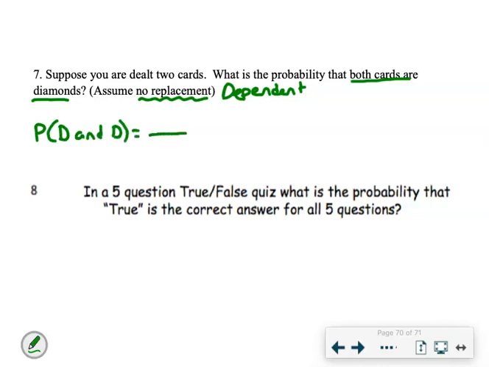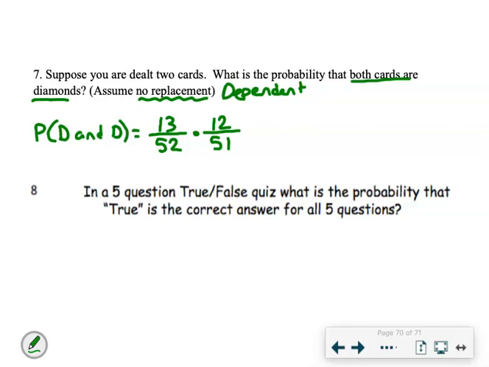Okay, the first one being a diamond, there's 52 cards in a deck, and there's 13 diamonds. There's 13 of each suit. The second one, so and means times, the second one, there's only 51 cards left, and there's only 12 diamonds left. I took one of the diamonds out of the deck, so there's only 12 left, and there's only 51